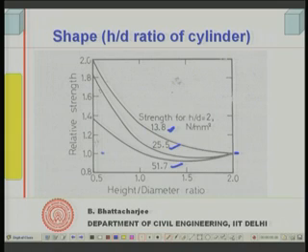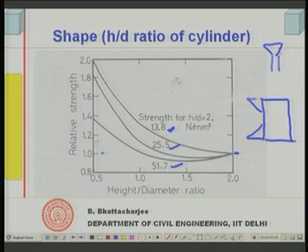Why? Because the effect of restrainment, if you remember, we said is up to a certain height, 0.86 D. If this height is reduced, initially if this is 2, restrainment would be there in some portion, up to only 0.86 D. Some internal portion will have no effect of restraint, and that is what we have seen in the sketch shown earlier: a central portion, then the top portion and the bottom portion. So, in a standard H by D ratio 2 cylinder, you have some portion where there will be no Platen effect.